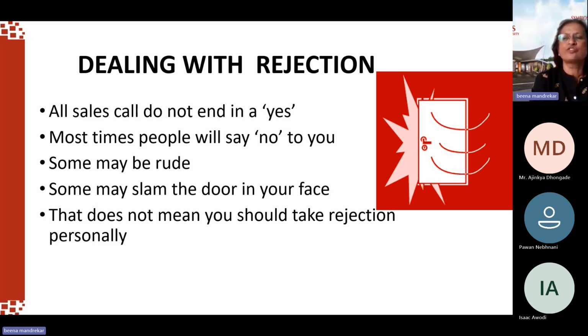Suppose you're going door to door selling, or you're selling insurance, or you're selling an idea, selling a scheme. No one says yes immediately. No one says, yes, please come, thank you for this, I always wanted to buy insurance, I always wanted to buy this idea. Some people say, please go. They might slam the door in your face, but that is not a personal rejection.